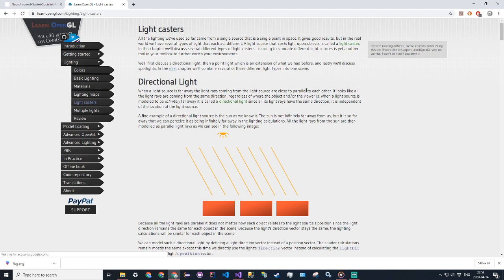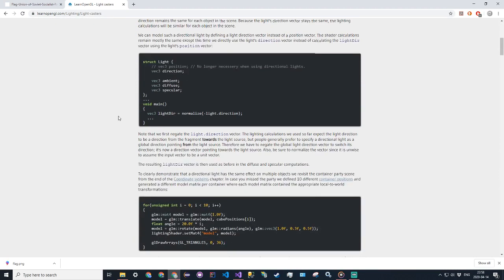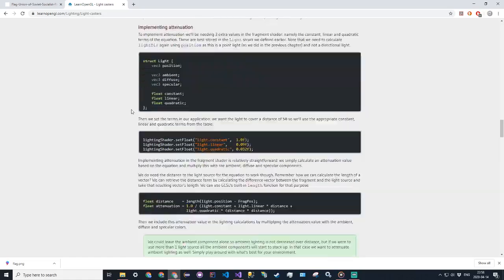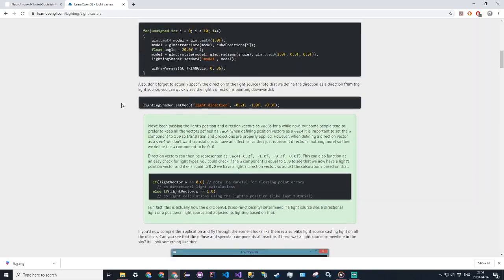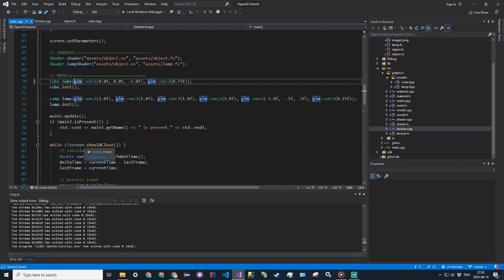So we're going to look at different casters. The first one is going to be directional light, which is, like I said, like a sun. Then we'll look at point lights, which is like a lamp, and then we'll look at spotlights over here. Before we do anything, let's go ahead and create an array